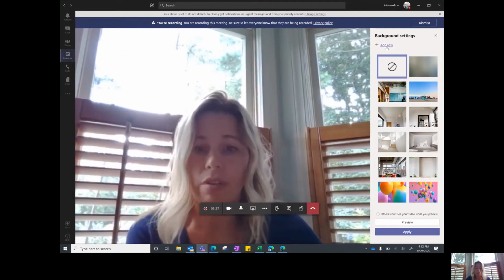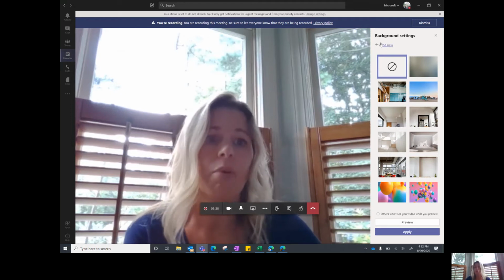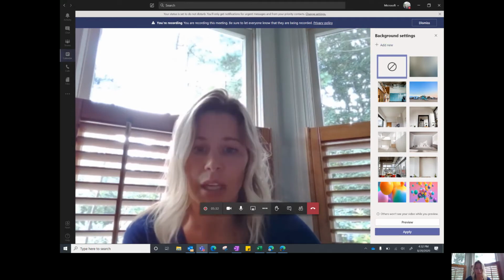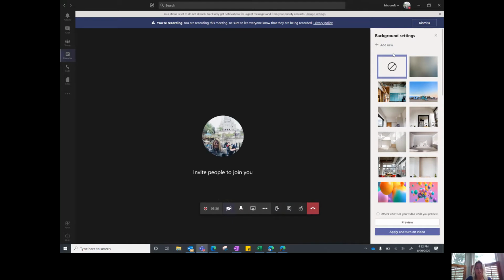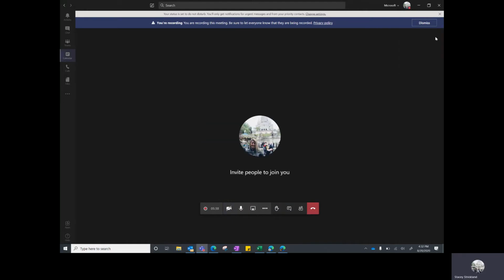How you would upload, say, your state seal, for example, that is the add new button here. So that is one differentiator. So if you want those fancy background effects, you do have to have the Teams desktop client on your PC or Mac. Another is when you go to hit or initiate your share, there is a button that says